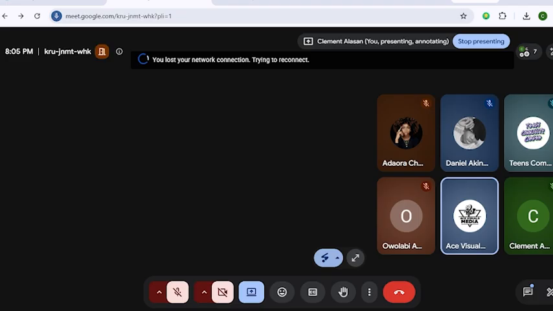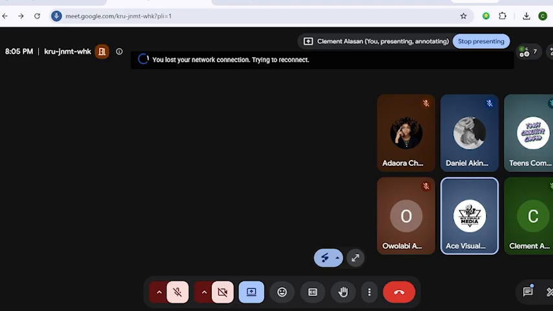Composition is how all of the things in it are arranged. I don't know if you are getting me. So if I mention frame, you understand that frame is just what my camera is seeing at any given time. As much of my environment as my camera is seeing at any given time is my frame, right? How I arrange everything within that frame is called composition. So they go hand in hand in their explanation.